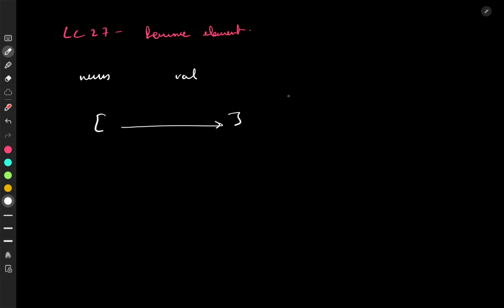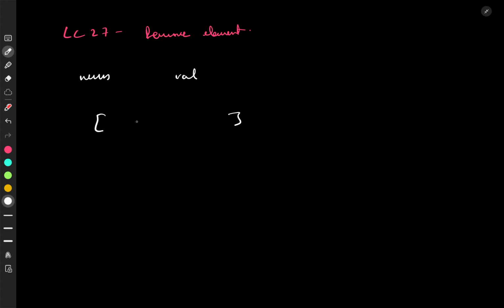Today what we'll be discussing is Leetcode 27, which is called Remove Element. It's very straightforward. What it asks you is it gives you a nums array and it gives you a value called val, right? What you have to do is iterate through the array called nums. You iterate through it and you find all occurrences of val over here, and you eliminate all of those occurrences